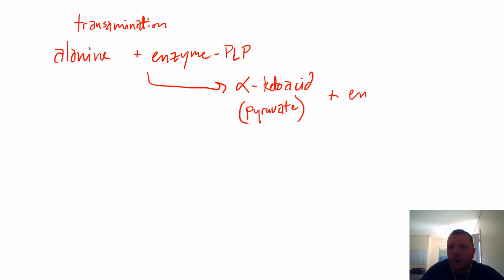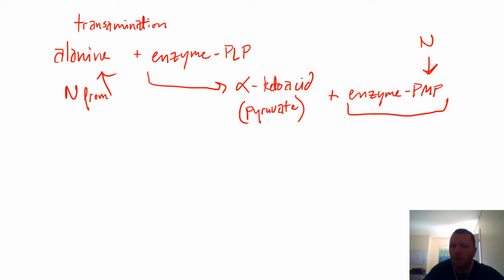We also generated our enzyme PMP. Okay, so our nitrogen from alanine ends up on the PLP, which is now PMP. So this right here is something that we have to deal with because we haven't really lost the nitrogen. All that we've done is we've transferred it. Now basically the second part of this is enzyme-PMP